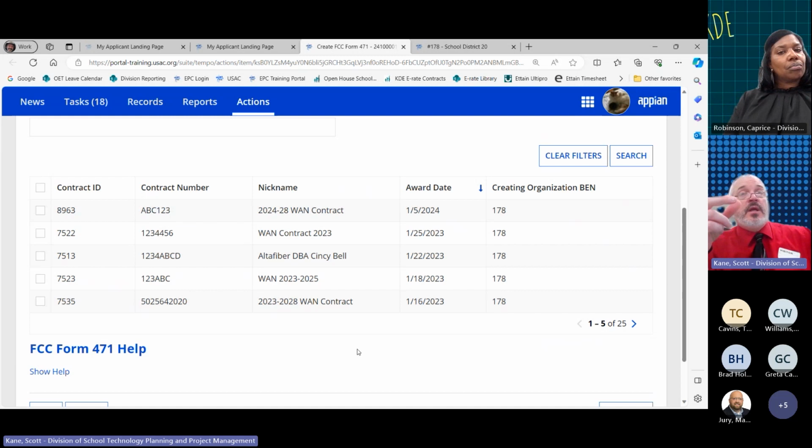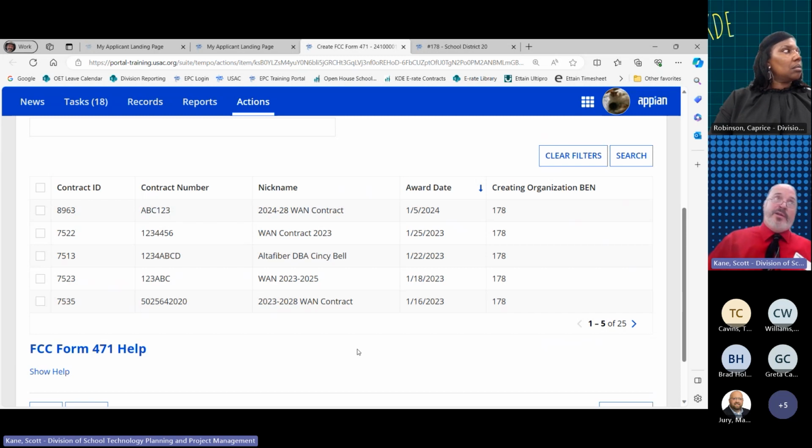And what you're going to do is take the contract matrix. Wait a minute, I haven't received my contract matrix, Scott. What do I do? Well, we are in the process of working on some last minute conversations and adjustments and some editing that needs to be done to make sure that we are capturing all of the proper resellers and contract holders for those KETS contracts. So we're updating that information. My goal is to have that contract matrix out to you a week from tomorrow, a week from Friday.